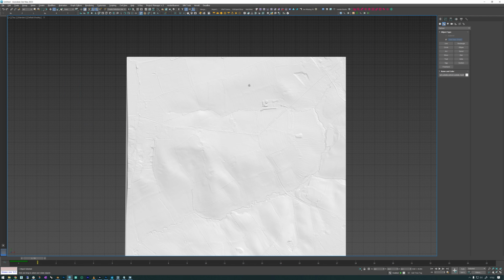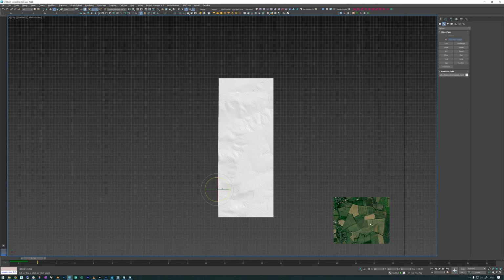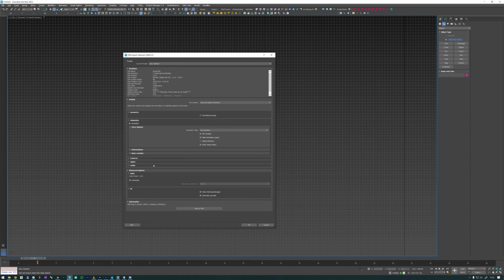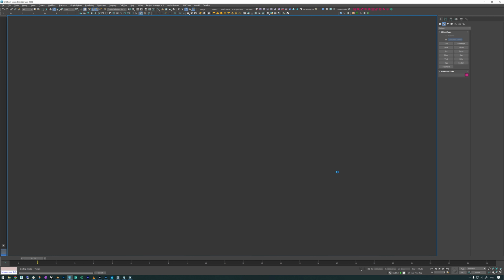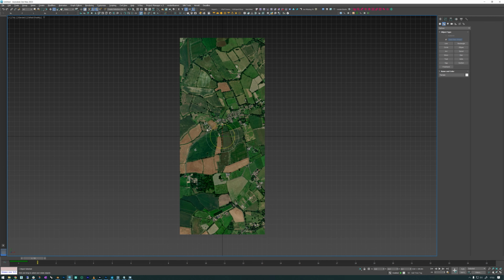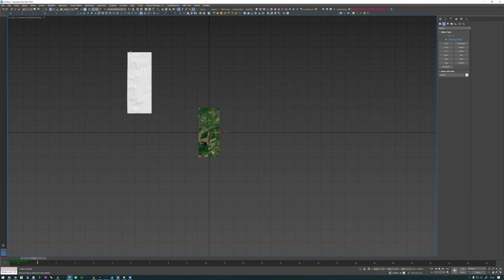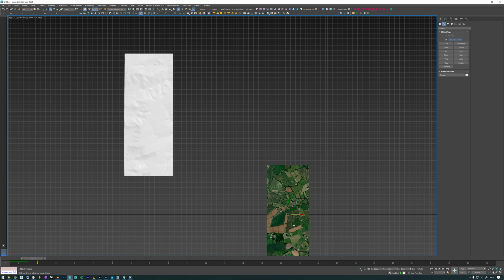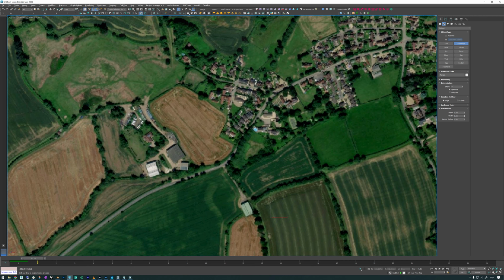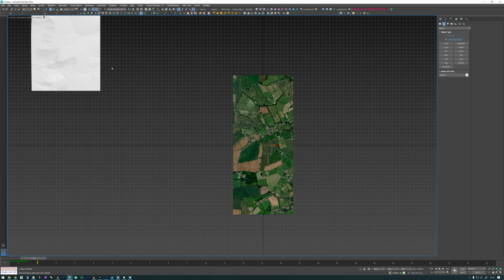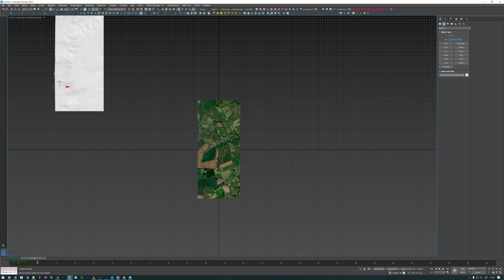Now we go into Max and import the terrain. Just going to check my scale. At the moment I've got it on automatic again, and I'll see how that looks when it imports everything. Hopefully it will import it in the right scale. Well, it looks pretty much the same, doesn't it? So that might be good. And so now that we have our two terrains side by side,